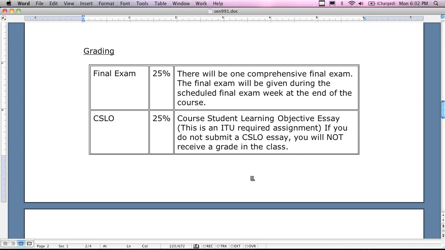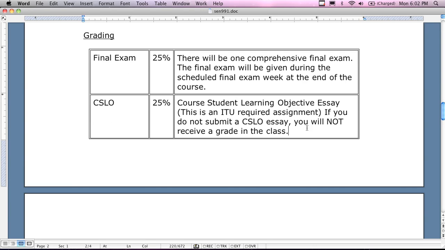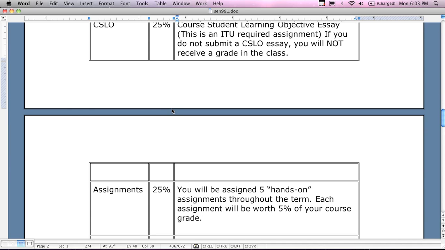We also have this thing called a CSLO essay, and the CSLO essay is an essay assignment. If you don't submit it, you will not receive a grade in this course. Yes, you will. You'll probably get a low grade, but you're not going to get a good grade. So the CSLO essay is going to be a writing assignment, 2 to 3 pages. We're going to pick a topic that's related to graphics, and I'm going to give you a list of the